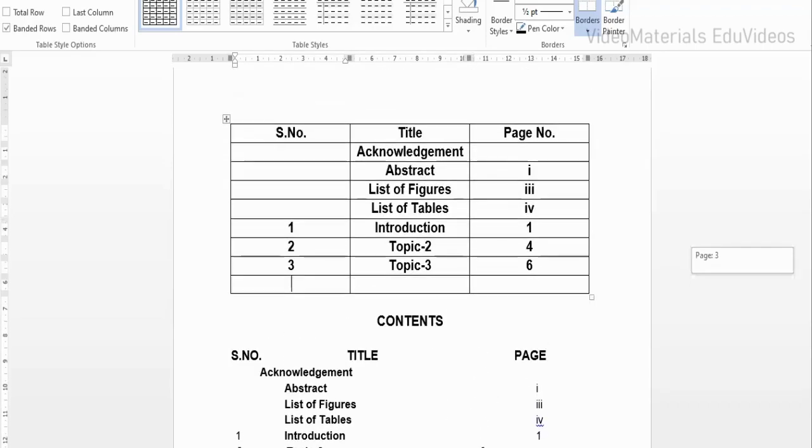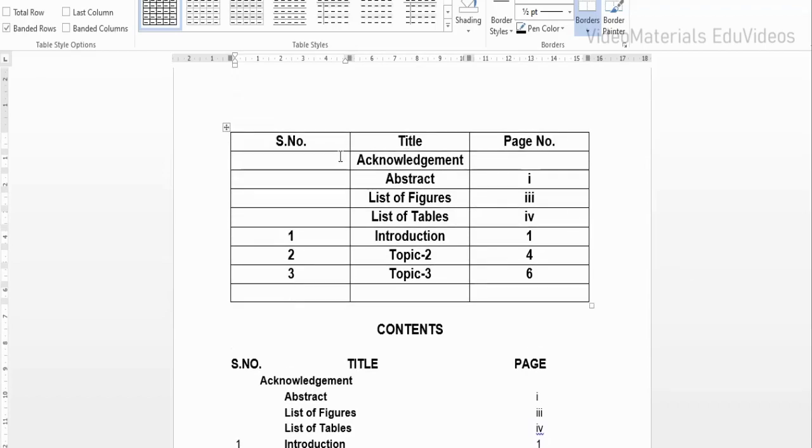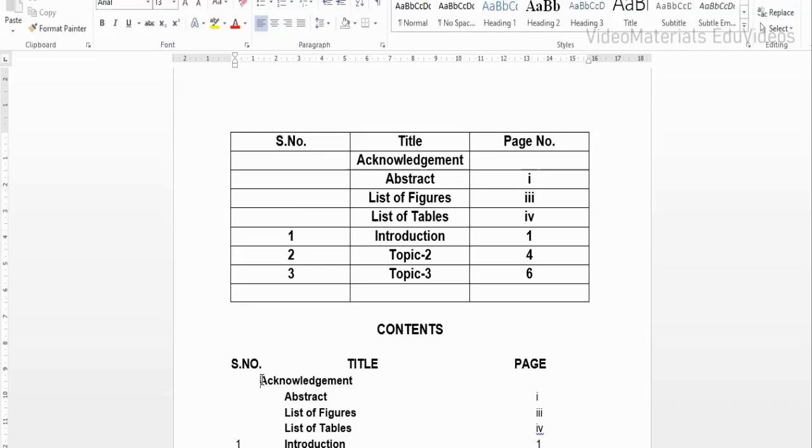So now I would like to discuss how to format this content. Earlier at the beginning of this video, I told you that we have a left tab space which we have maintained in order to show acknowledgement. That means A should start where the T should start in this line.